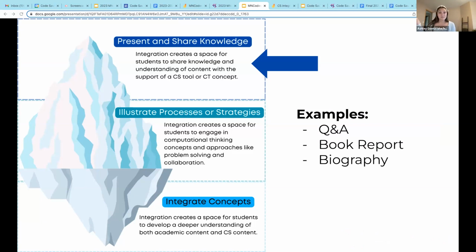So as we read in this definition, this level of integration creates a space for students to share knowledge and understanding of their content area skill. So for example, an ELA learning goal with the support of a CS tool or computational concept. So in this place students are not necessarily learning more about their content area skills, maybe they already have that knowledge down,